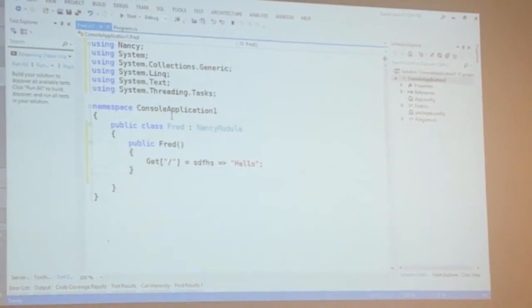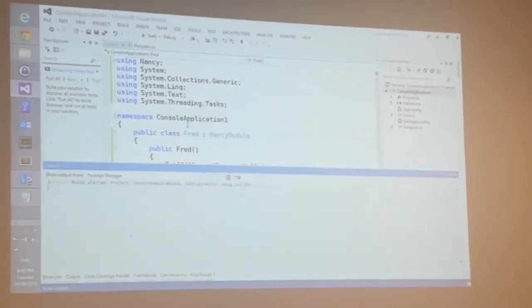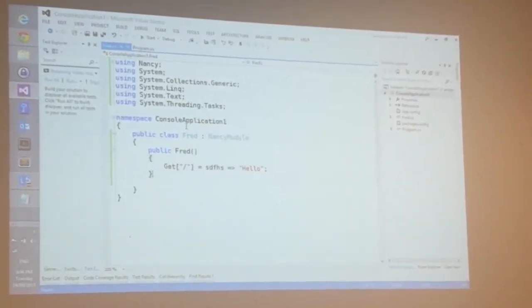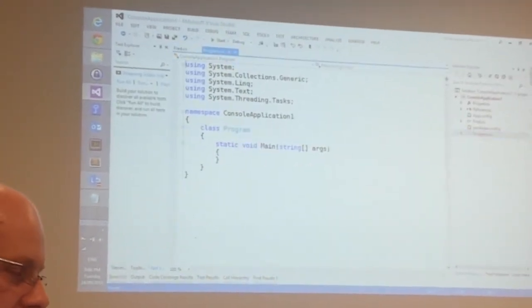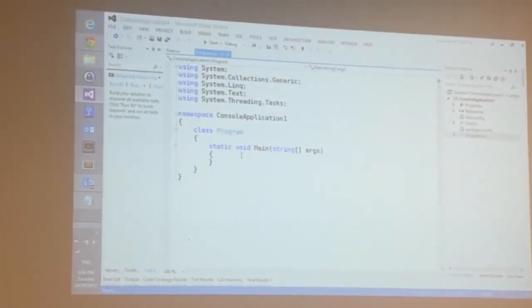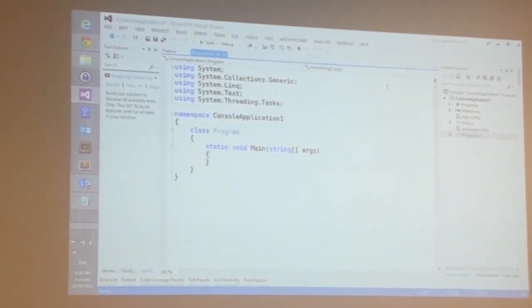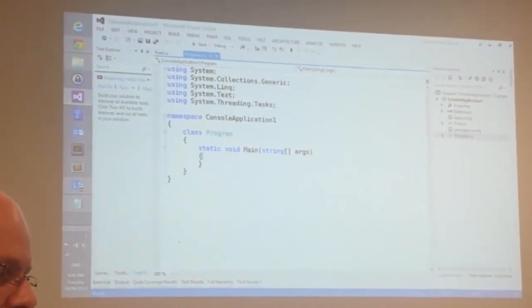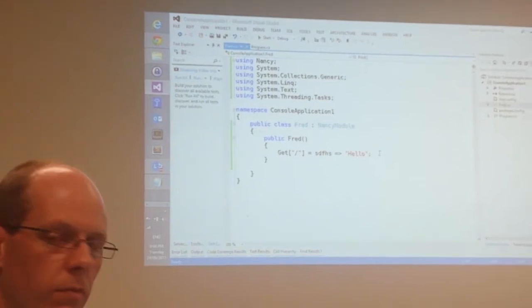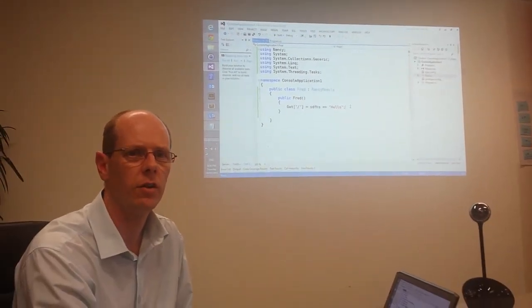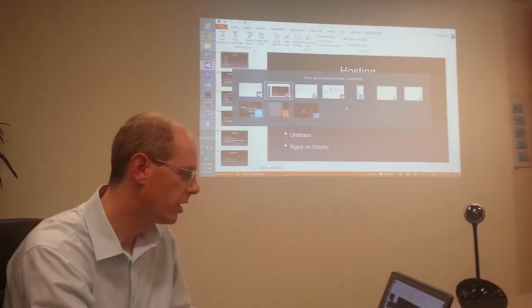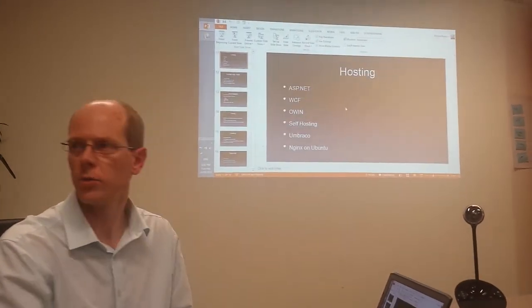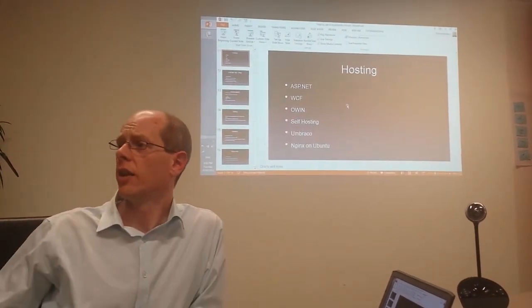All right. So what's going to happen if I press F5 at this point? We'll exit. Yeah, not a hell of a lot, right? But I mean, that's really all there is to it. I'd have to go in here and figure out what I want in terms of the self-hosting and set that up. There must be a one-liner or something. For self-hosting, you have to hit a bootstrapper and a few other things. I could probably grab it from the other app, but I'm not going to do it now. It really is that straightforward.